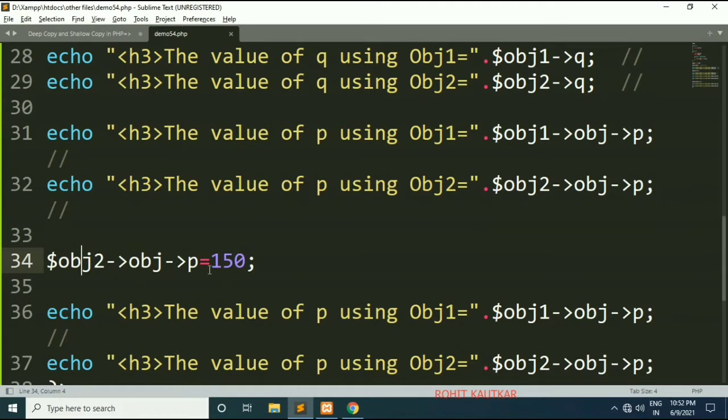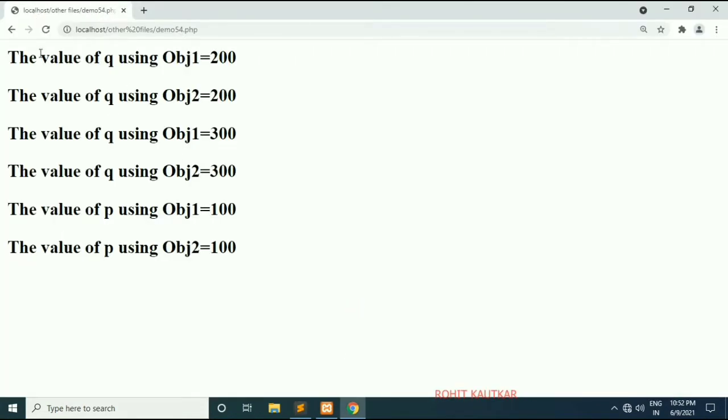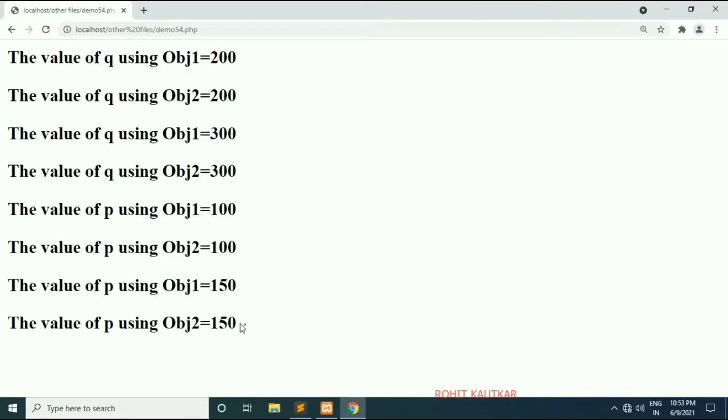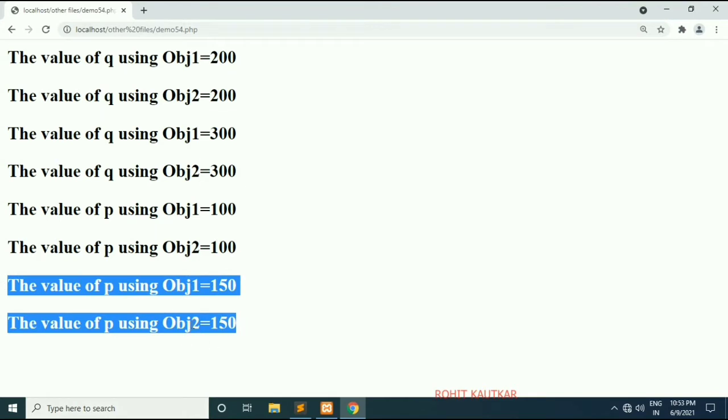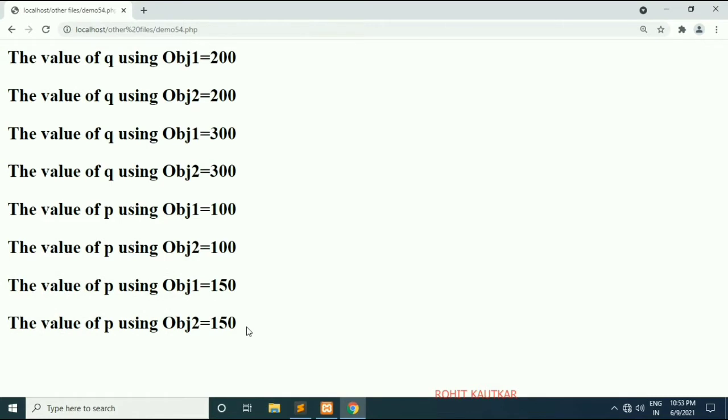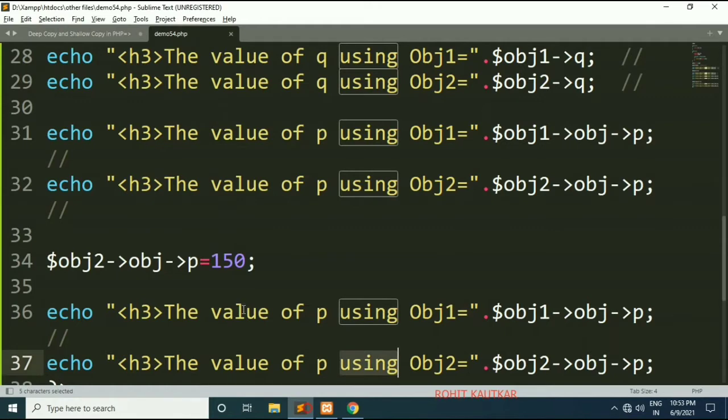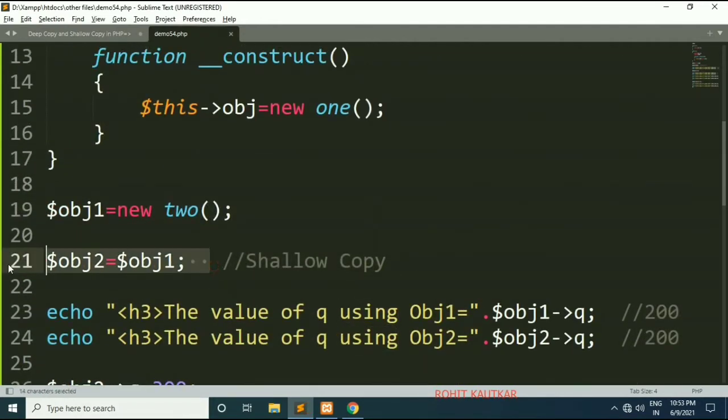Friends, I have modified the value of p through object 2, but as object 2 is a shallow copy of object 1, it will also get reflected within object 1. So both of these statements will give us value 150. So if I refresh, you can see both objects are giving the same value, that is 150. This actually happens in case of shallow copy, which we have done with the help of the assignment operator.